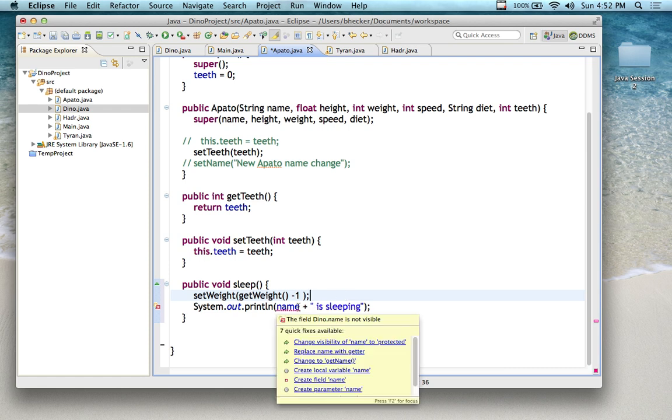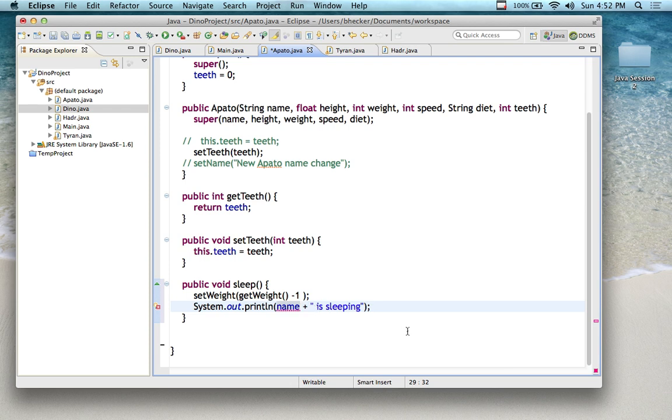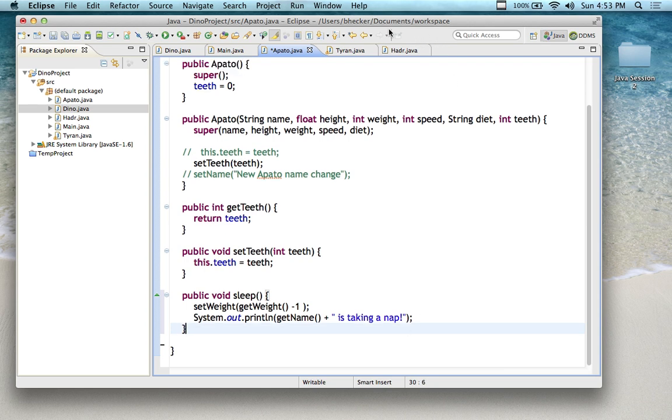And then down here I can say, well, name, we don't know what name is. This is not going to work, obviously. So I'm going to put in here something else. I'm going to put in here get name if I wanted to. Get name plus is sleeping. What are they going to be doing? Is taking a nap. We're taking a nap. We're not sleeping anymore. Now when I run the method,